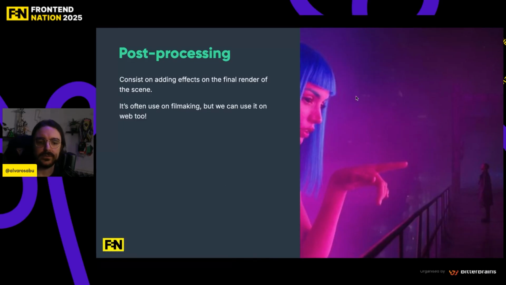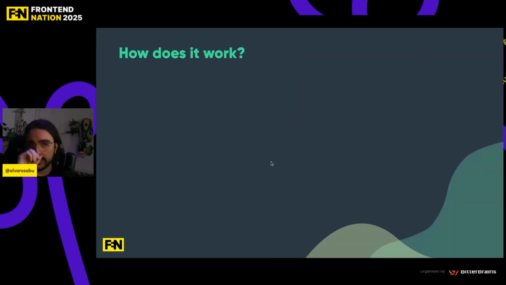All these effects are normally done in post-processing. They create the movie, and then there is a team that does the color grading, and a team that applies effects for the lighting or for changes in color, etc. All this is post-processing, and we can actually make it work in the world of 3D and WebGL